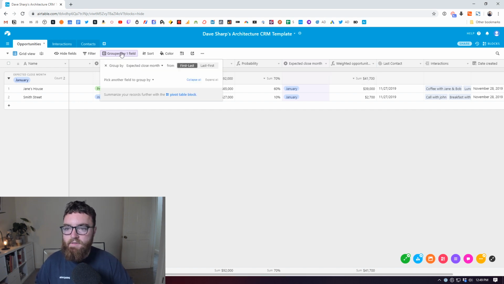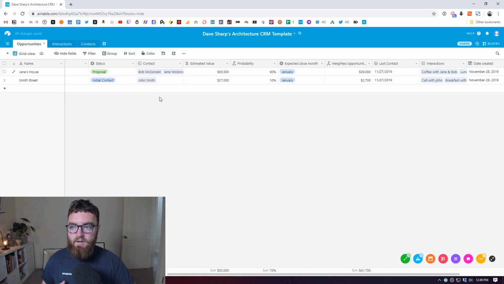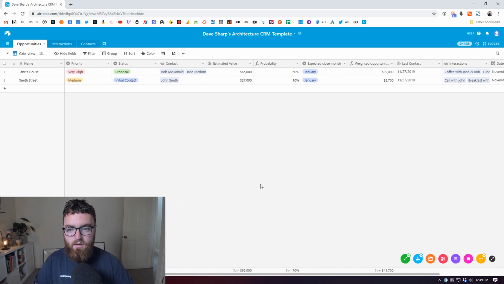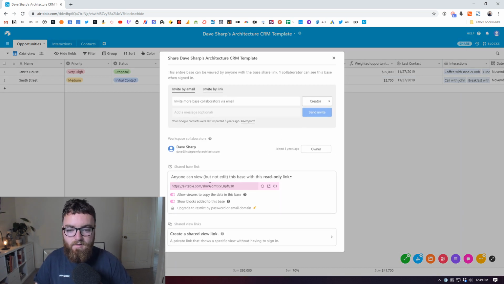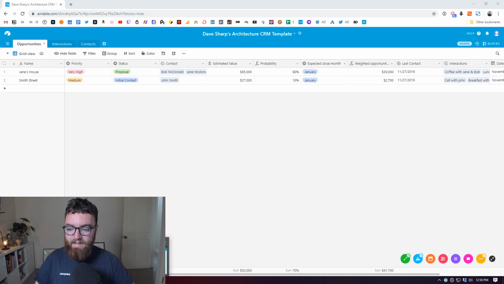So look, there's just some of the things you can do. You can get very creative and imaginative with some of these different options. But I think as a template, this is actually a fairly good starting point for just a simple way to keep your leads organized, keep everything together in one place. So I'm giving this template away for free because it didn't take much for me to make it, right? And I want to be able to help out architects out there who may be able to benefit from something like this. So I've created a link. It's linked in the description of this video